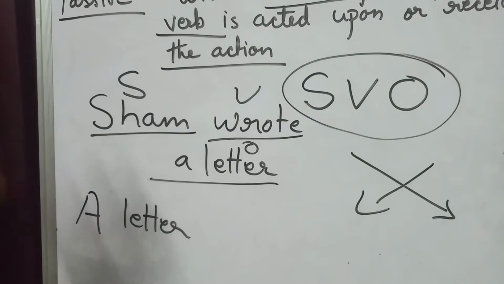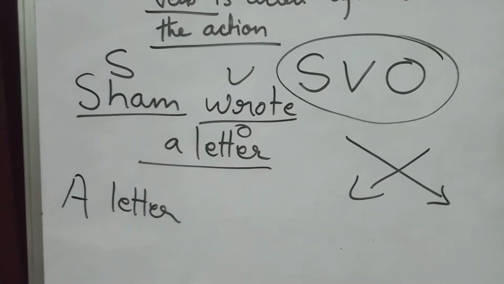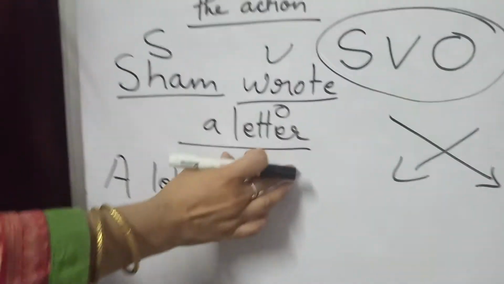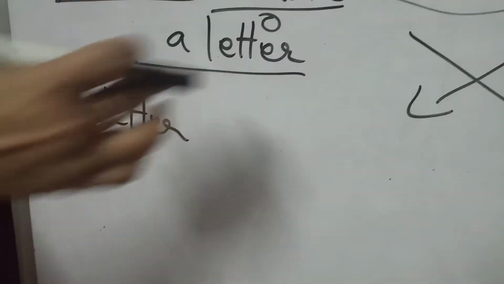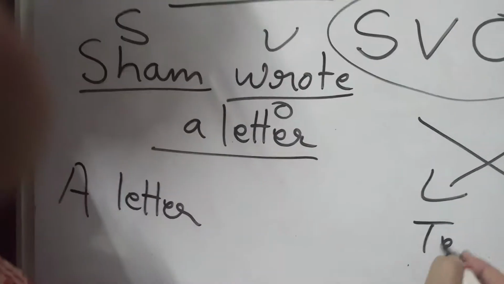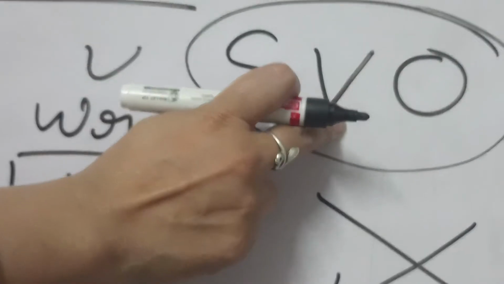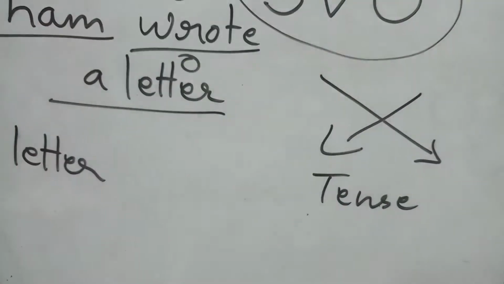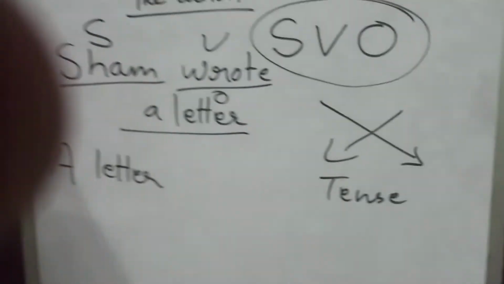As I have told you in my lecture of verb, that now verbs are something very important for each and every chapter as you will go through. Now you have written the object, now you will mark the verb. Which tense is this? The third point is you mark the tense. First is mark subject, verb, object, then give a crisscross, and then you have to mark a tense. Which tense are we talking about? We are talking about past tense.